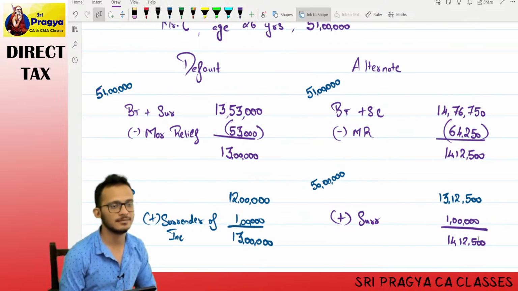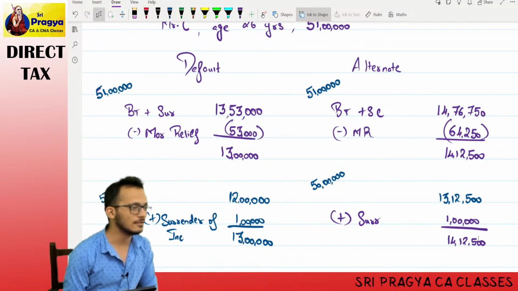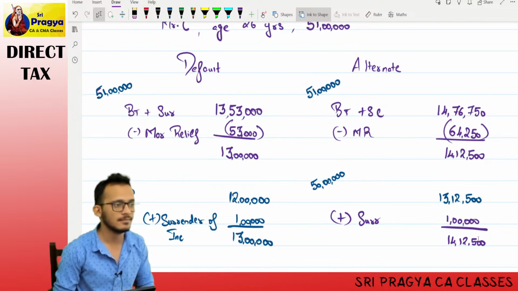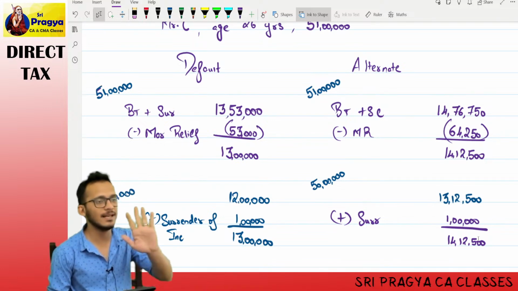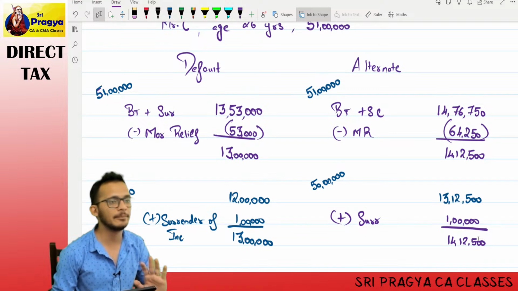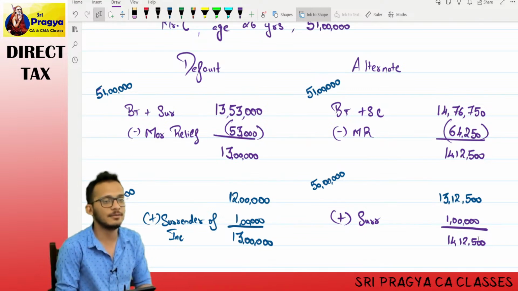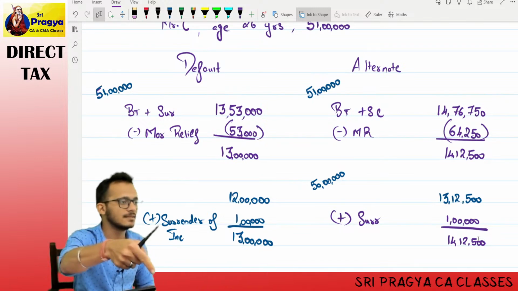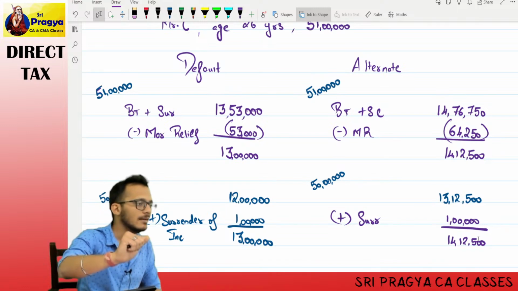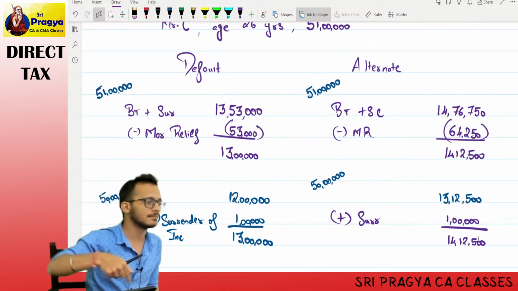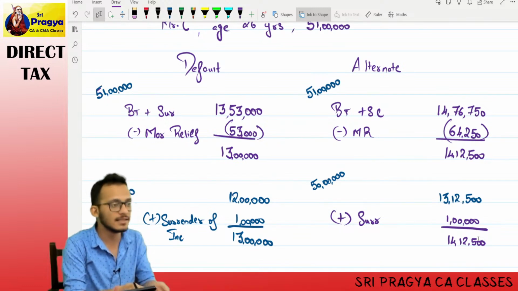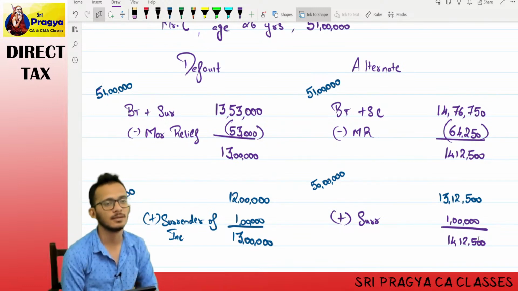How is that? Yes or no? In all practical sense, marginal relief should have come after cess. Income tax said no, cess will happen later only. Meaning, you will surrender your whole 1 lakh, and on that 1 lakh also you have to pay cess. Where will that money come from? That will come from your own pocket, because you have surrendered the whole 1 lakh and on top of that 4% cess applies.